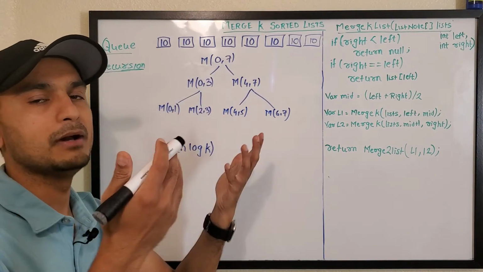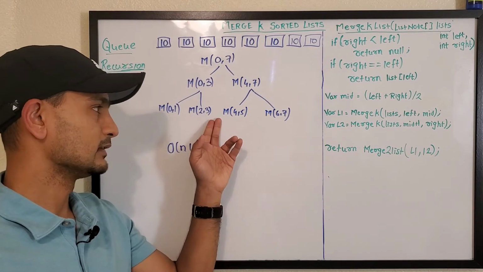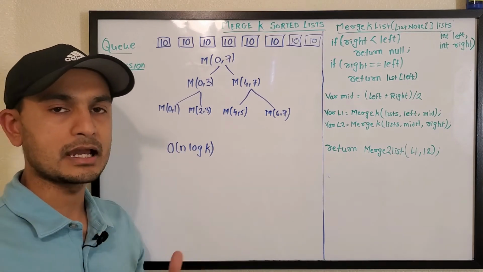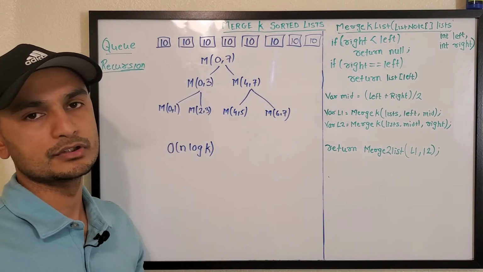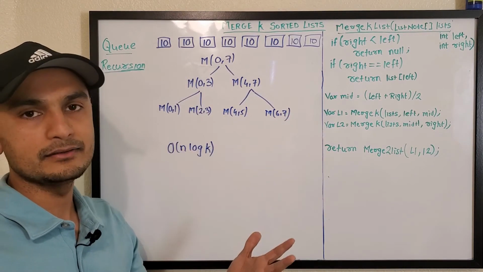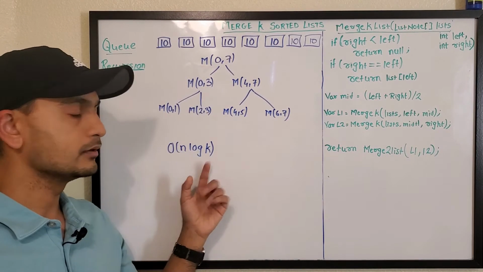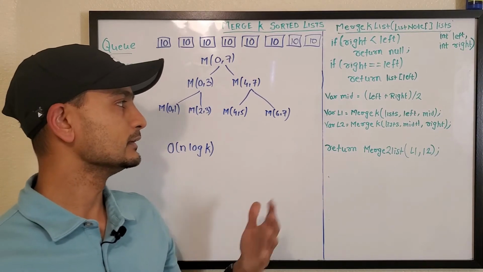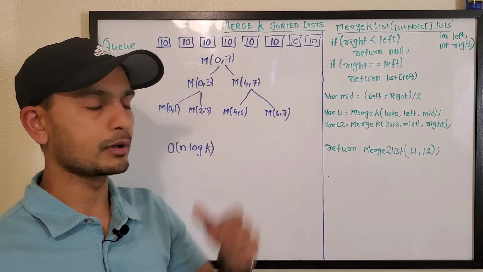but in a reverse manner. I mean, since recursion is stack, the calls are on the stack, it's reverse of queue. However, if you look at this chart, it's exactly the same approach, and the time complexity is also the same. So there you go. This is the recursive way of doing the same problem.